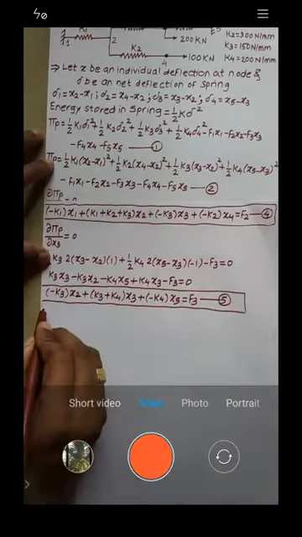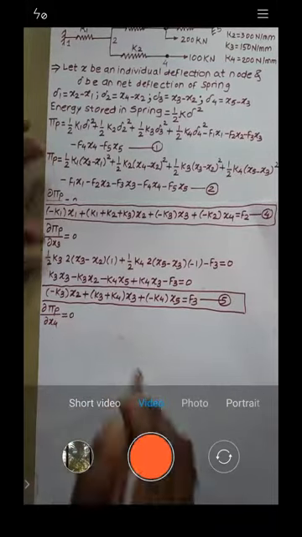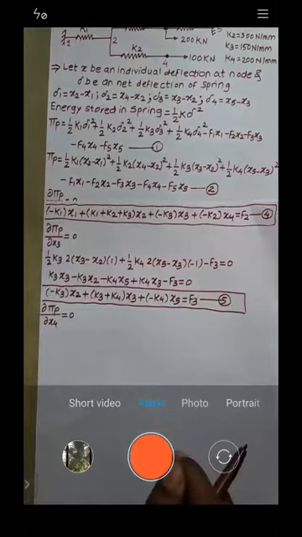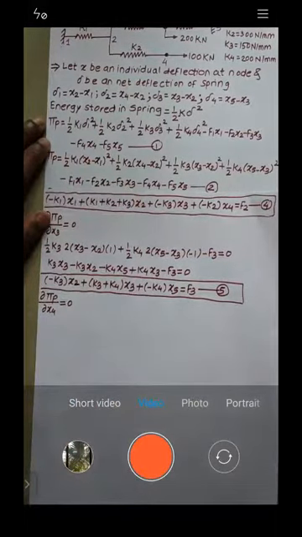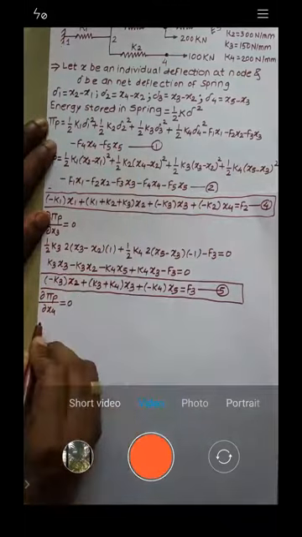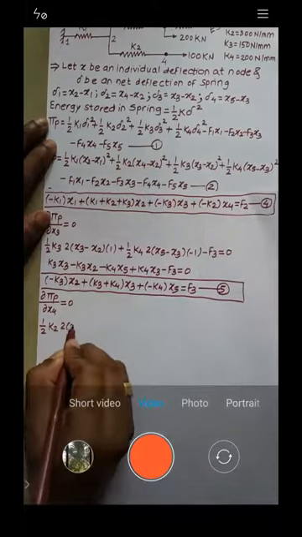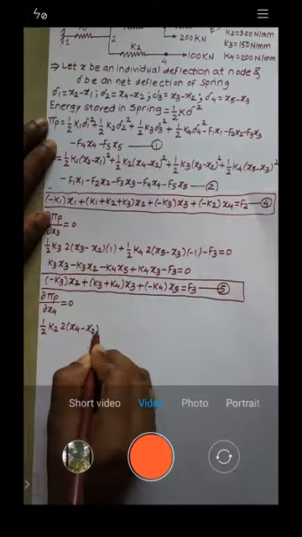Now differentiate pi p with respect to x4 and equate it to 0. This is a pi p term. Okay, differentiate it with respect to x4. So let's see what we'll get. There is no x4 here. Okay, here there is x4. So you'll get half into k2. What is the differentiation of this? It is twice of x4 minus x2 into 1.